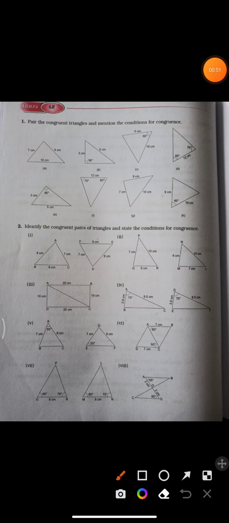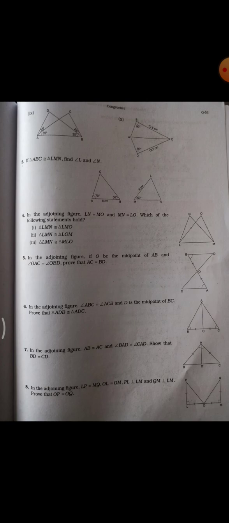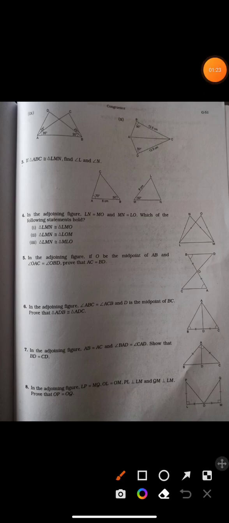So here is your exercise 6b, and in this first question we did already. Question number 2 was also explained. And now we have to start from third question onwards. Here we have many questions, third, fourth, fifth, sixth, 7, 8 and 9. And as you know that it would not be possible to explain all the questions through the video. So I am explaining you some of the difficult problems. Remaining you will try to solve, and if you have any doubt then you can ask me when the classes resume. So now we are going to do question number 5.